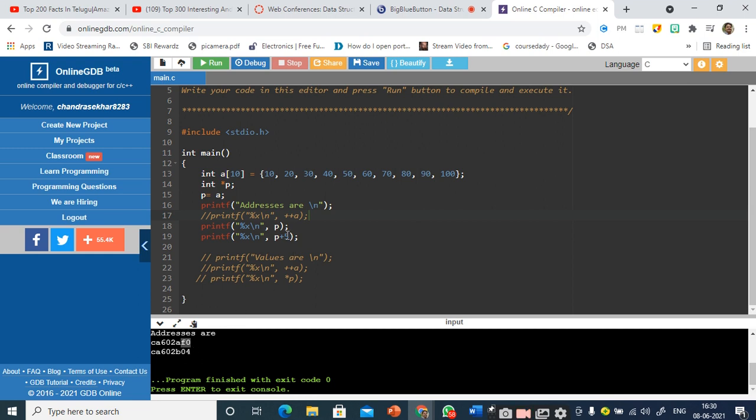Right. Let us take one more example. Let us take p plus 20. Will it work or will it give any error? Anybody please respond.